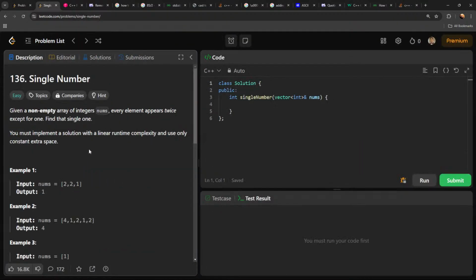Single number. Every element appears twice except for one. Find that single one. Constant extra space. Okay. That means you can't just count. Four plus 1 plus 2 plus 1 plus 2. Well, we just keep